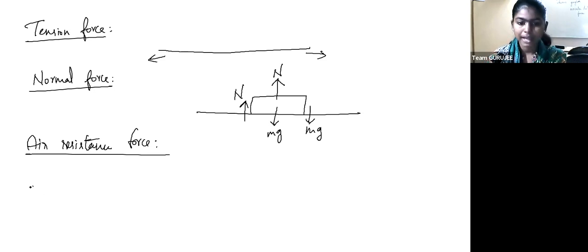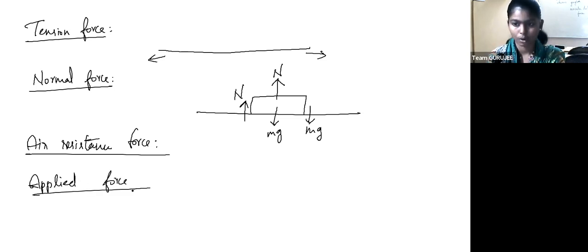The next force is applied force. Applied force is nothing but the example which we saw before, by pulling, like pulling the rope, or pushing something. Anything that you apply there, that is what applied force is. Wherever it is, like this holding and pulling, that is also an applied force. Anywhere you apply some force by yourself, you call it applied force. Wherever this term comes, that means you're applying some force there.